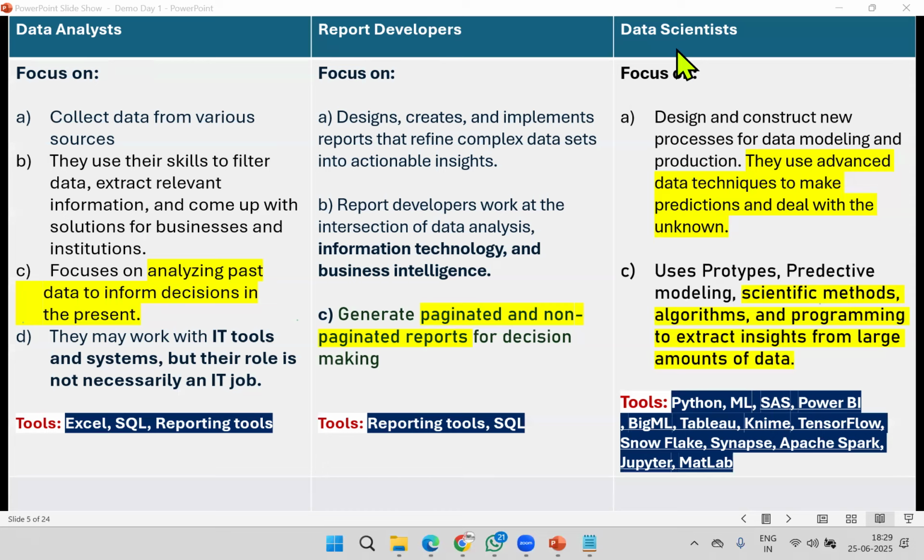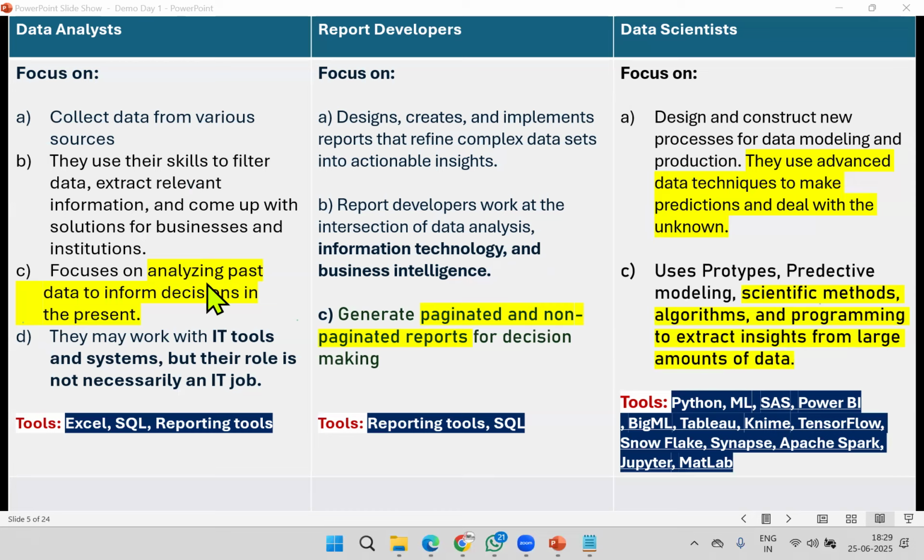And data scientists use scientific methods, algorithms, programs, multiple things. They try to predict the future and upcoming patterns, and multiple statistical operations are performed in this area. But in the other two areas, statistical operations are a little less.